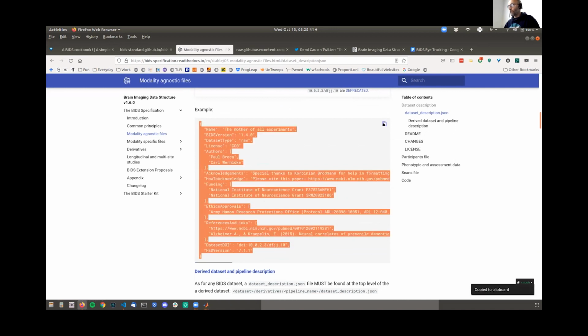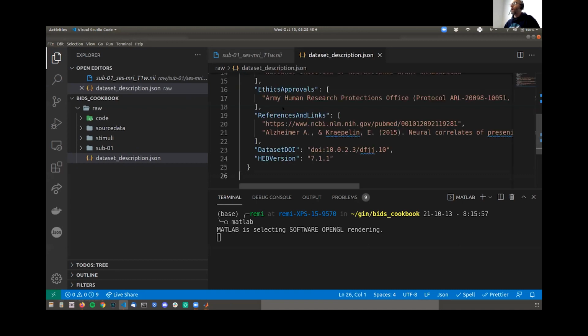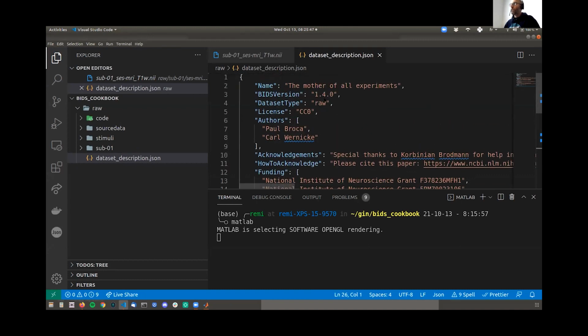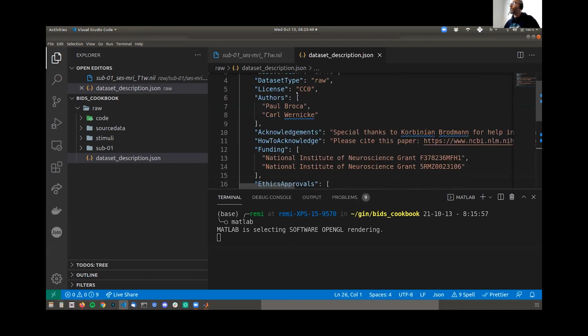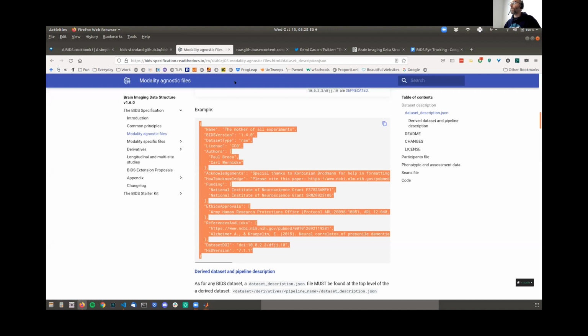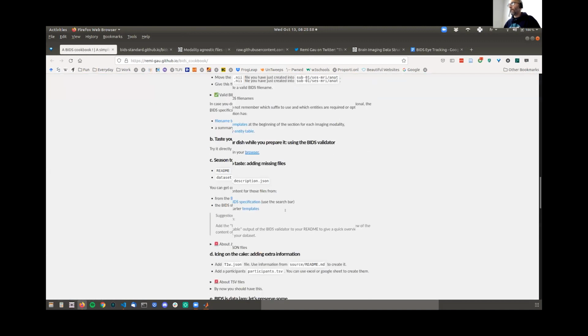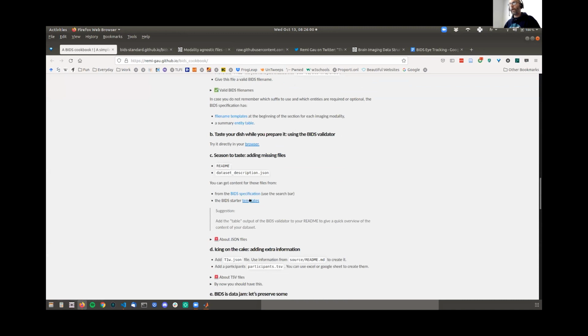For example, you can just copy this and add it in there, and then change the content of those fields to whatever you need for your use case. Another possibility is to use the templates from the BIDS starter kit.